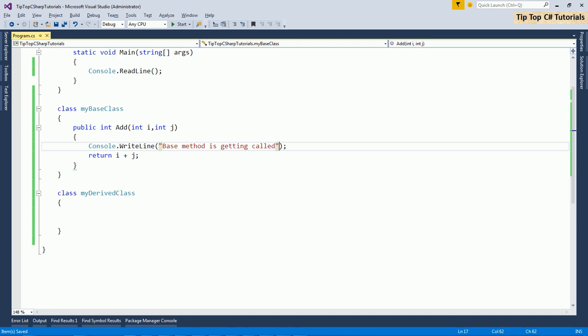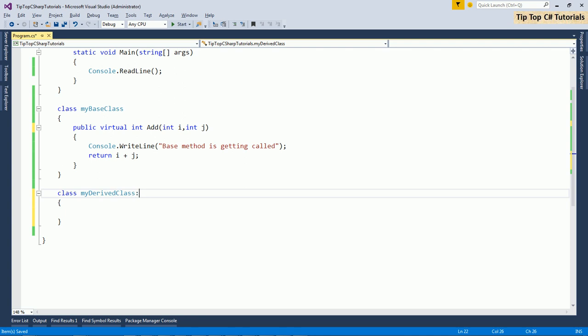So there may be a possibility that the base class provides a behavior and the child class wants to override or have a unique behavior or wants to have an added functionality for the same method. In that case, the base class has to specify it as virtual, where it provides a provision for derived classes to override it.